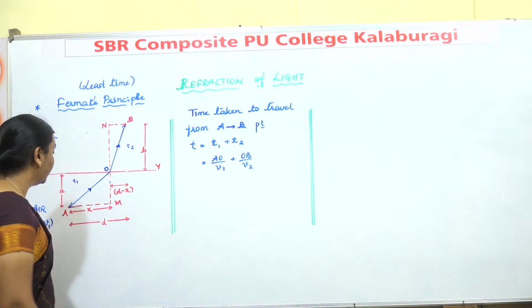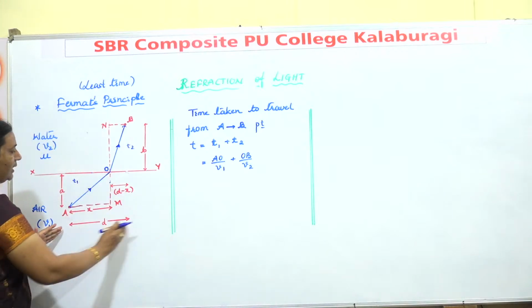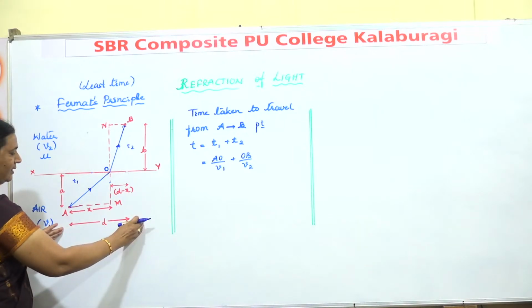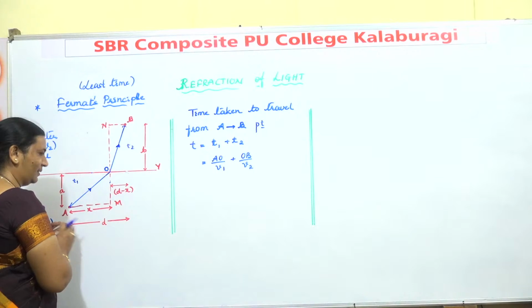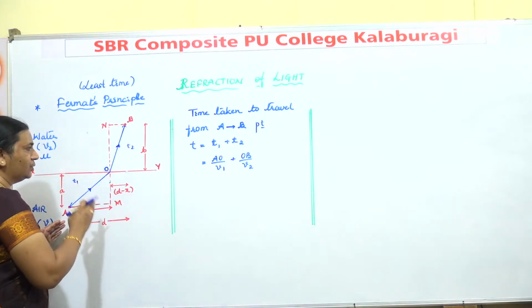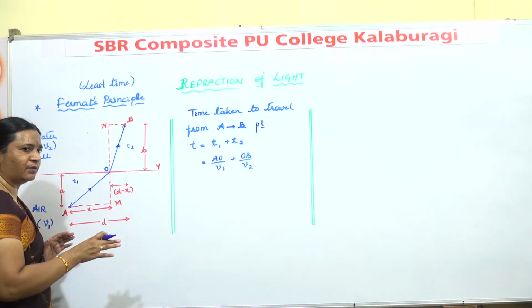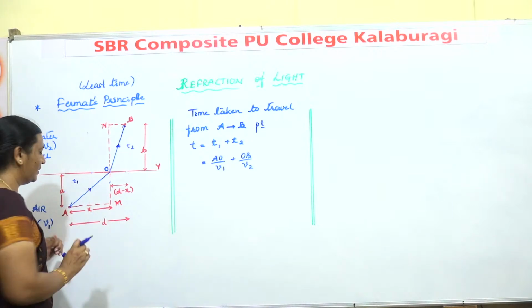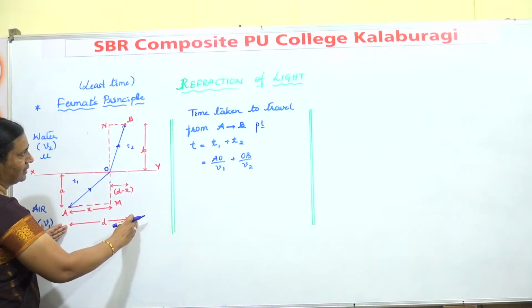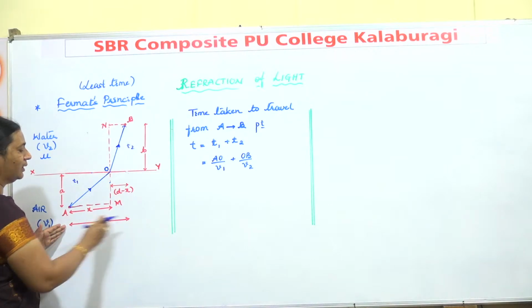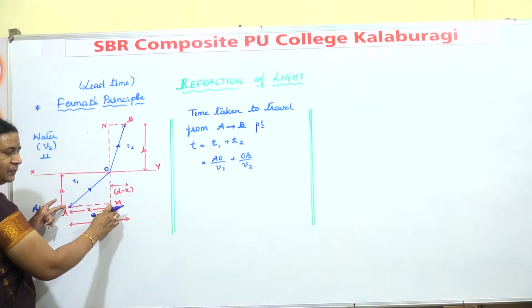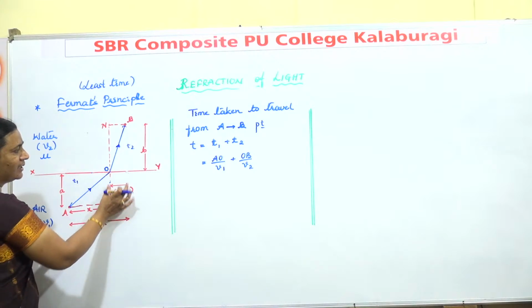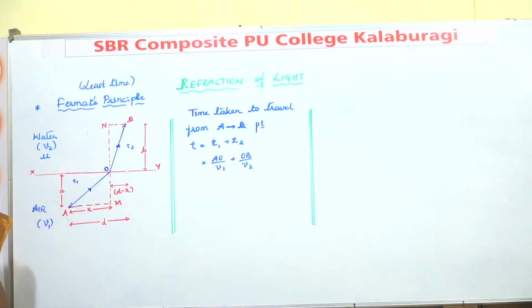So for that sake, suppose the shortest, straight distance. You might wonder why it doesn't go this way or that way. In case of reflection or refraction, you have to think of least time. So if I take the perpendicular distance between A and B as D, and the distance between A and M in the first medium as X, then the remaining distance becomes what? If I draw here for reference,